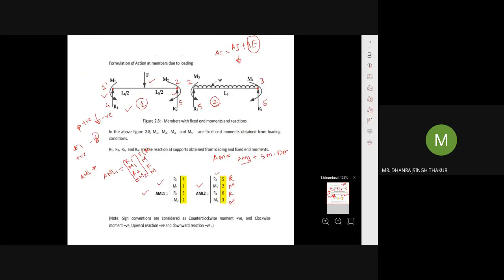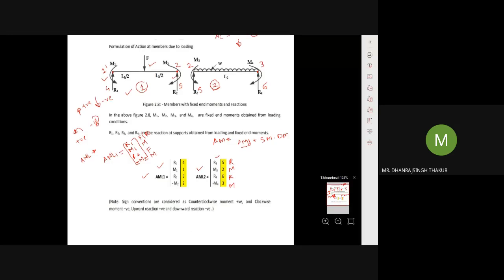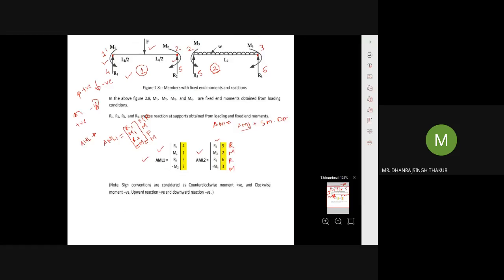this you can see. So to assemble the equivalent load matrix, what you have to do is superimpose all the loads. Here we have separated the two members, so you have to superimpose all the loads on the actual beam. Okay, how it is to be calculated, how it is to be done, that we will see when we take a problem, and then it will be easy for you to understand. So here you can see I have separated the two members. If I plot here, you can see. Okay, so all the loads and all the moments you have to superimpose on the actual beam.